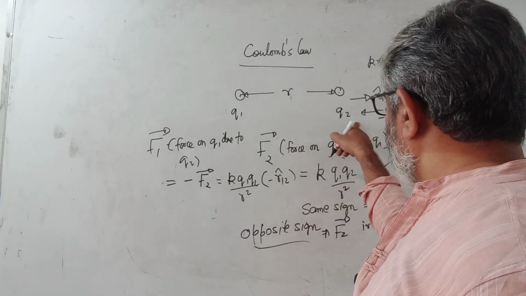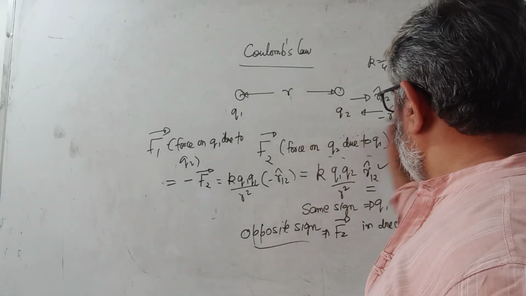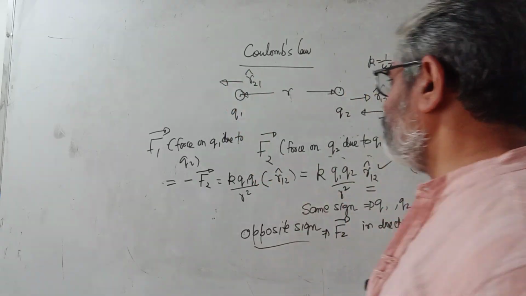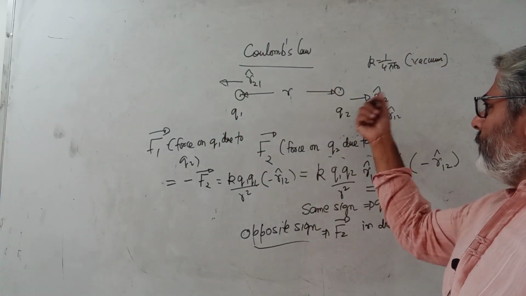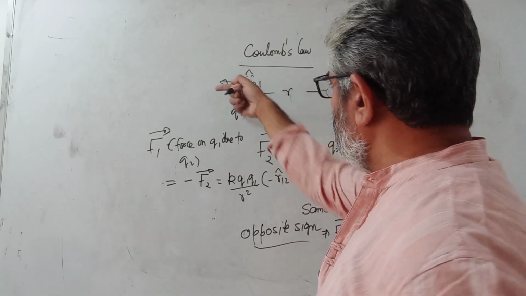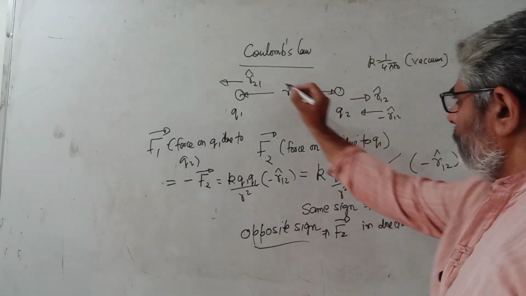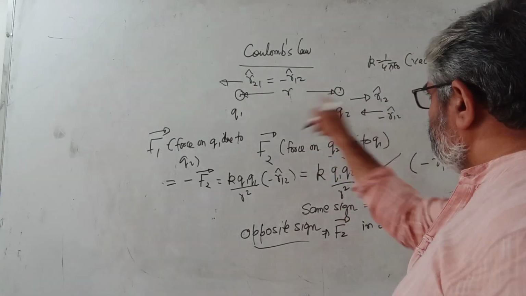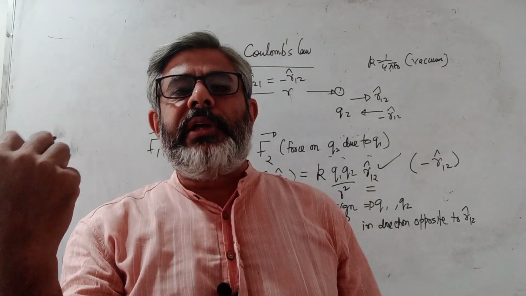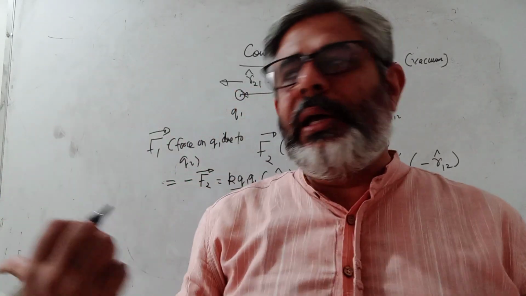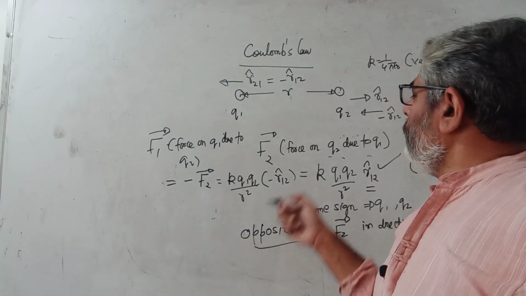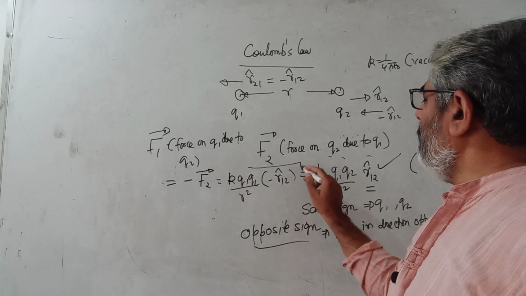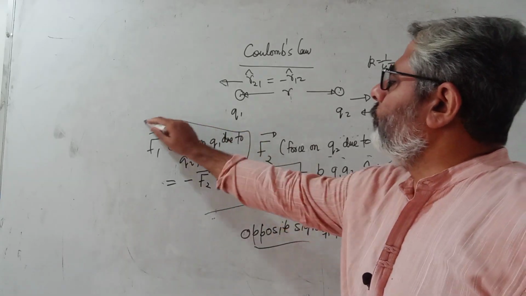Now minus of R12 vector, you can also say, is equal to, I am defining another vector R21, that is in this direction. So R12 is in this direction, R21 is in this direction, and R21 is actually equal to minus R12. So these two are unit vectors. One is unit vector in this direction, another one is unit vector in this direction. So they are equal and opposite. So if we find, let us say, minus of F2, then we get the value of force on this.